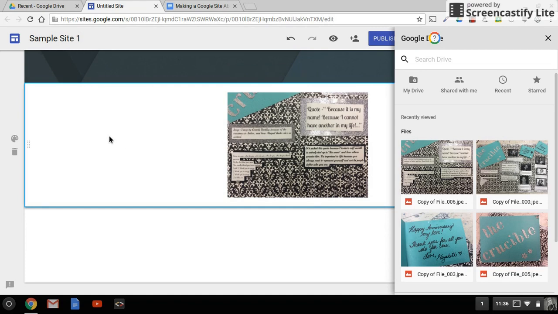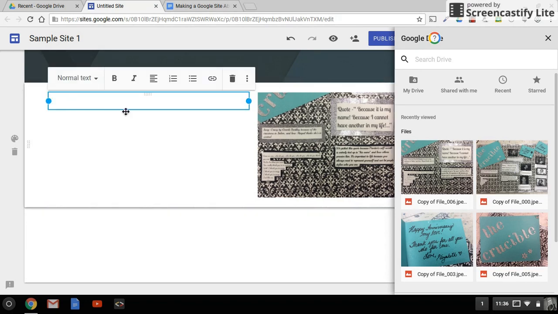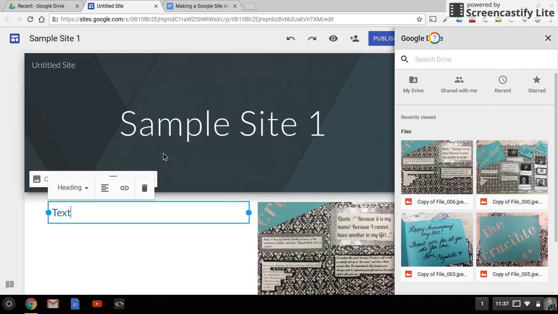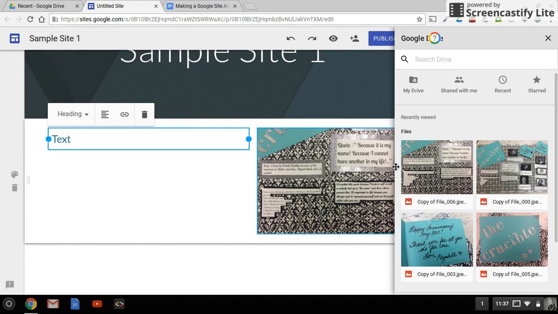And then also what you'll want on your site is some text. So when you double click, this comes up again. I'm going to pick text. And as you can imagine, you'll just type it in here. And whatever you type, when you select it, you can format it with these different options. You can do a title, a heading, and so on. Once you've got the images and video in there, that's the important part because you want to meet the assignment